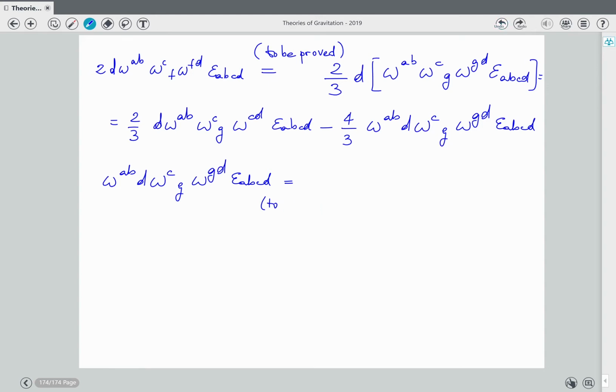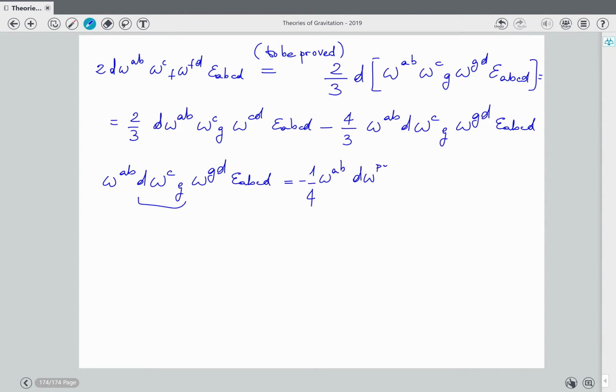We can do it directly. We just do it, and we'll see. So omega AB. Now, instead of writing d omega CG, we write d omega CG in the following way: minus 1/4 d omega